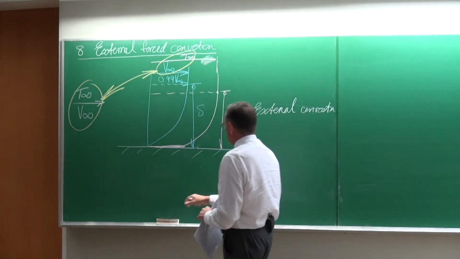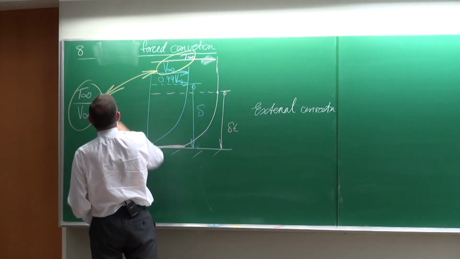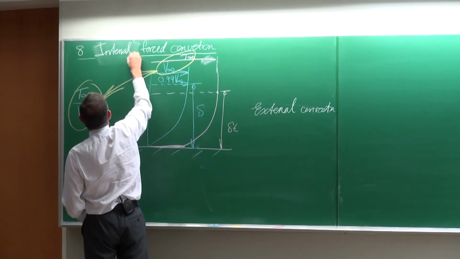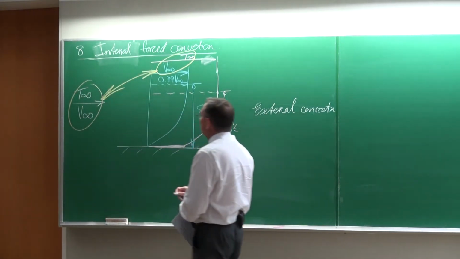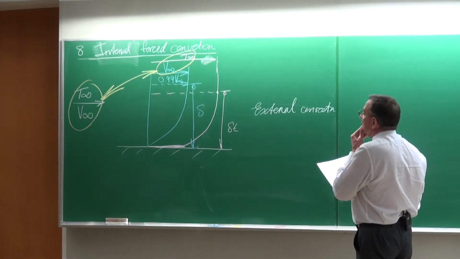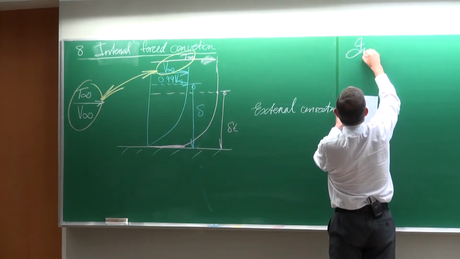Okay. Sorry, I made a mistake here. This chapter is on internal forced convection, of course. We've already completed the external forced convection. So that is for external convection. Let's look at typically what happens with internal